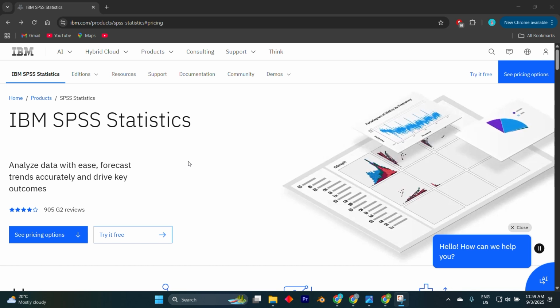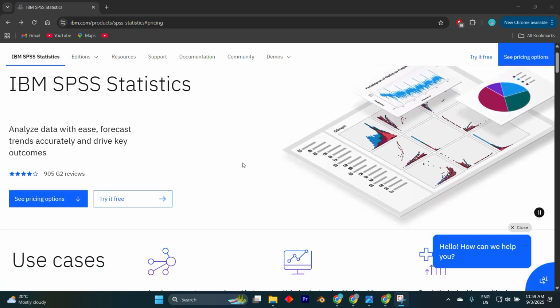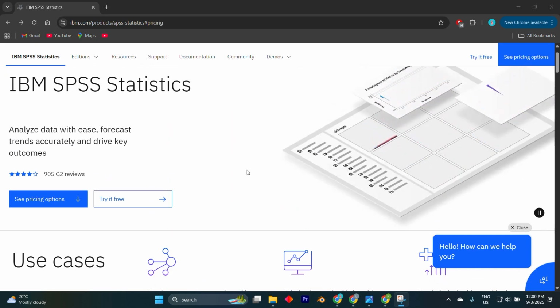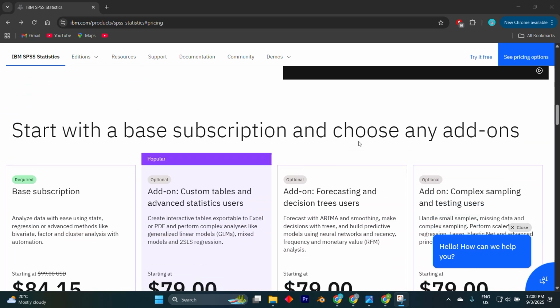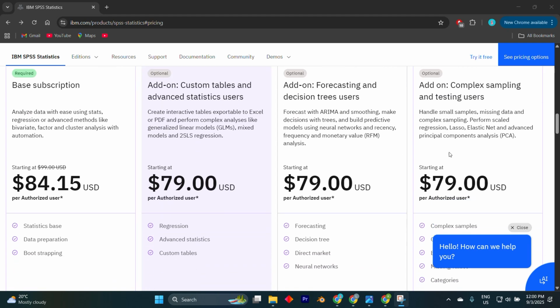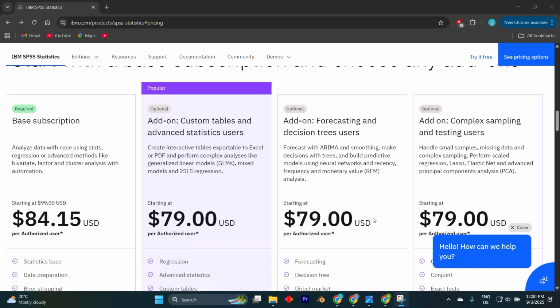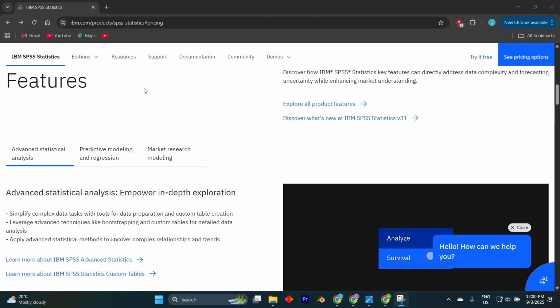After the installation finishes, open IBM SPSS Statistics for the first time. At this point, you'll be prompted to activate your product. If you are using a trial version, you can simply proceed with the trial option. If you already purchased or were provided a license key, enter the code in the License Authorization Wizard to unlock the full version. The software will then validate your license through IBM servers, and once verified, you'll have complete access